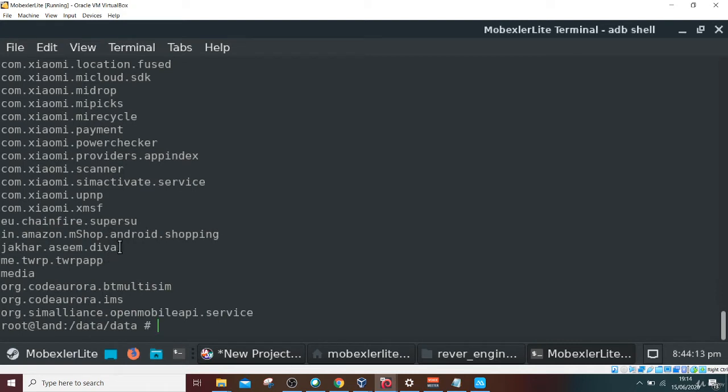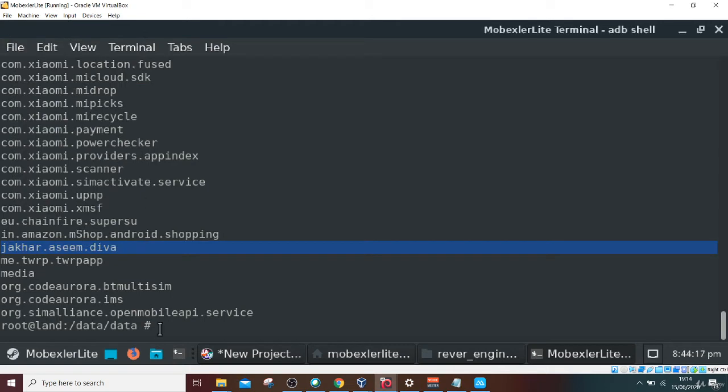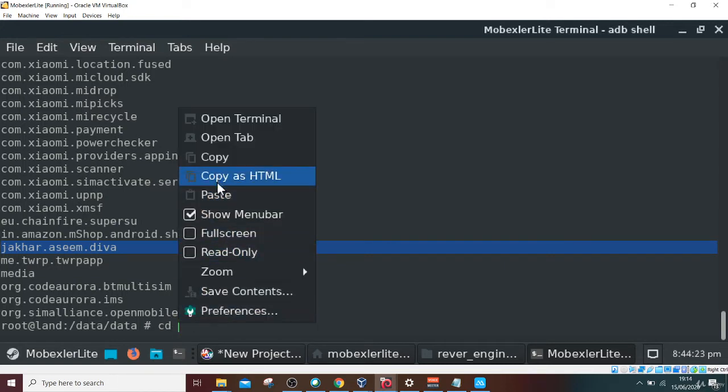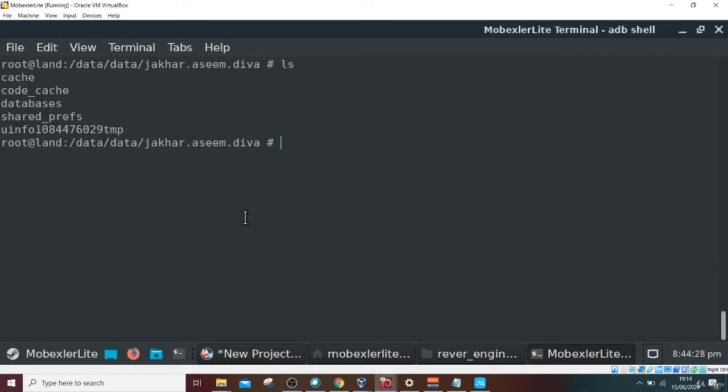We can copy this diva folder name because it is required for enumerating further. Just go for cd and paste it here. Clear the screen for now. As you can see, there are various files and databases.